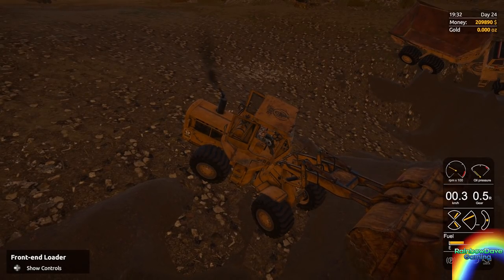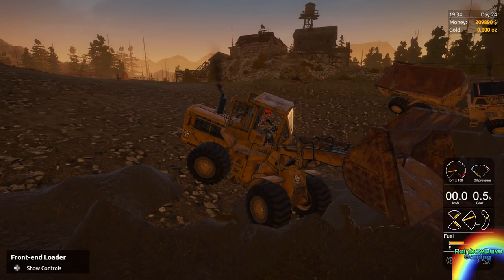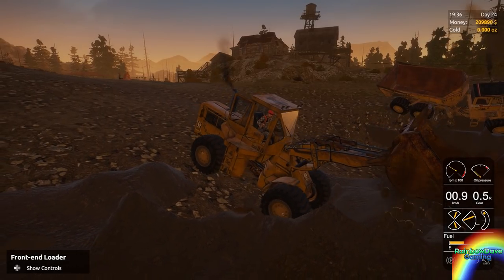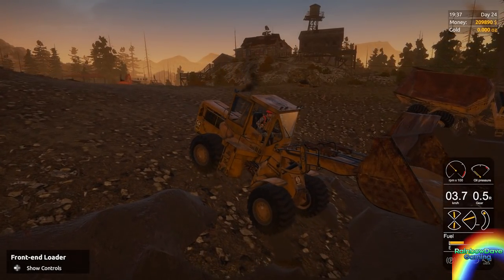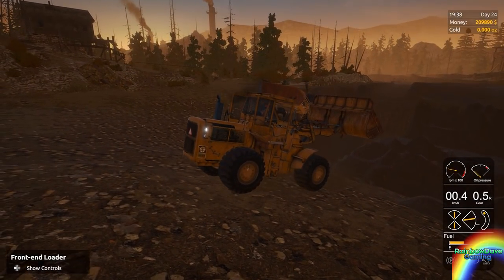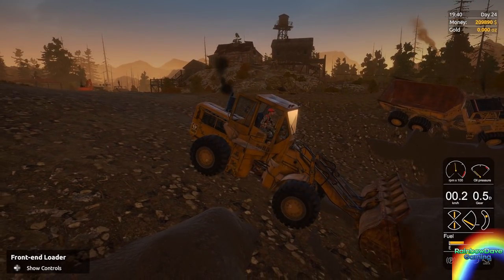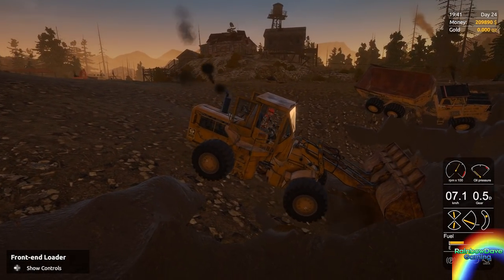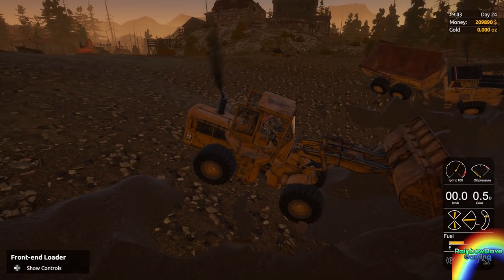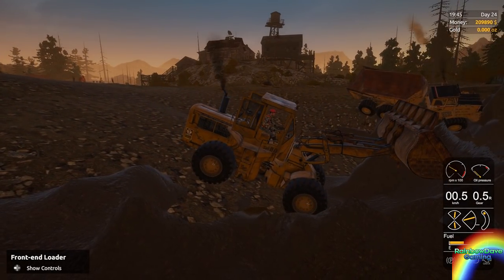Can I use the bucket as a counterweight, actually? Hang on. Just raise the bucket up like this and see if I can use this as a counterweight. I don't think the physics is this advanced, but... okay, that worked a lot better than I had anticipated. If I can now get the wheel loader to be digging kind of upwardsy, would be great. Not that upwardsy maybe, but kind of...